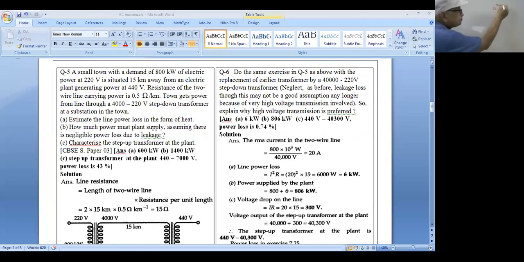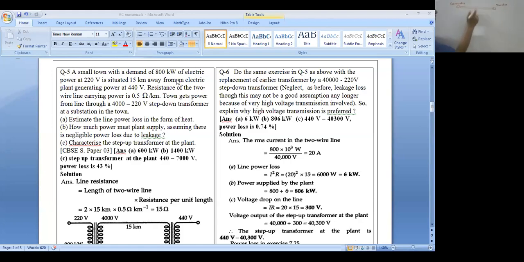Township, where we are using the power, and here we are generating the power. So this is the generating station and this is the township here. These two are connected with a cable